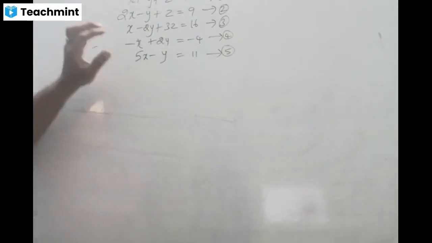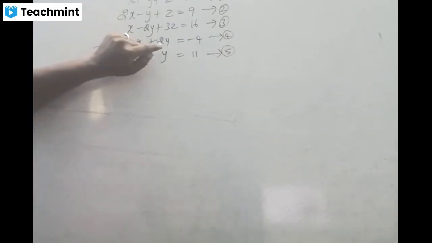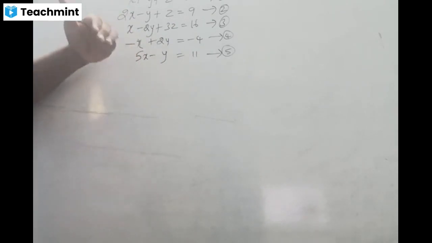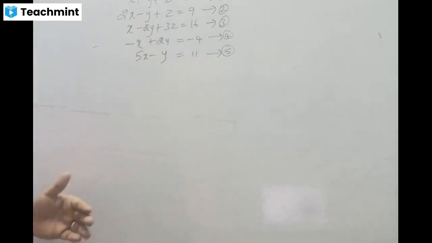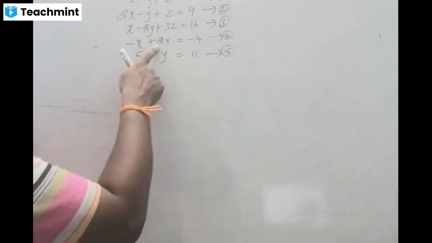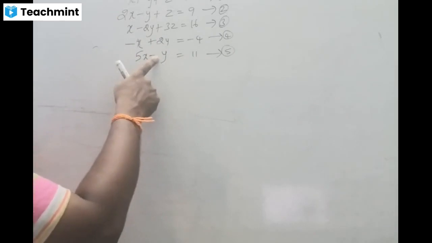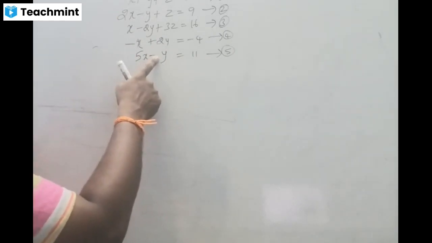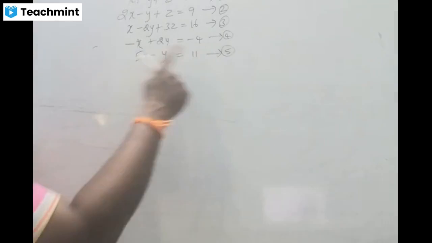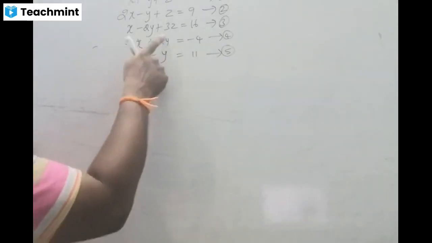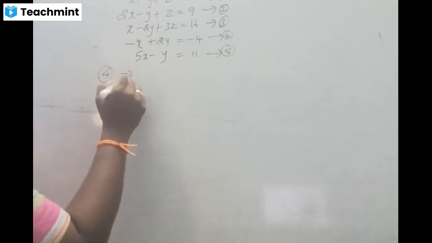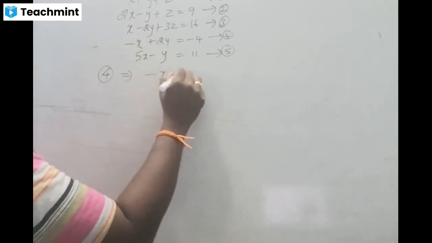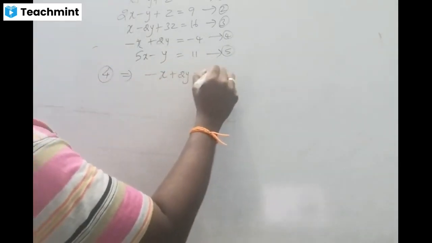Now I am going to take these two equations to solve. Before solving, first we should analyze whether the coefficients of the particular variable in both equations are the same. If it is not the same, then we have to make it the same. How can we make it? Here we have a 2, here we have a what? Just multiply each element of the entire equation by 2, then we can get 2 here. So both equations are the same. The fourth equation has no change, it comes as it is. So minus x plus 2y equal to minus 4.